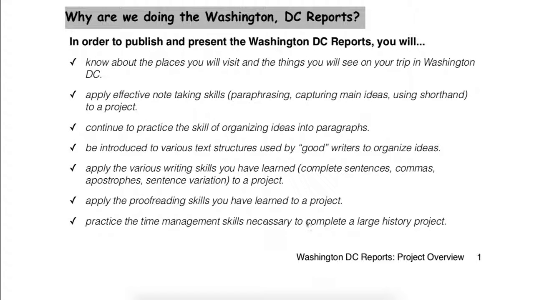And along those lines, I slowly take myself out of the process. So as you're working on this, we're going to do it really closely together at first. And then by the time you're working on your choice topics, you're by yourself for the most part, and I'm just a person helping you facilitate things or answer questions, steer you in the right direction.